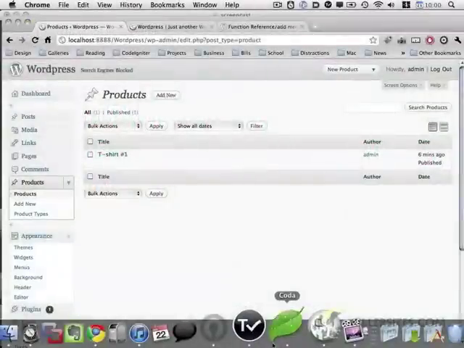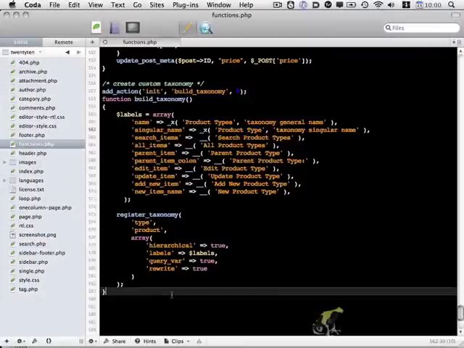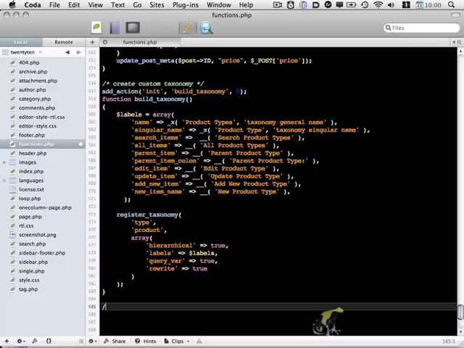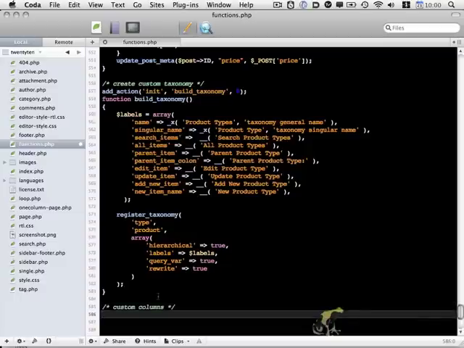So I'm going to go back to my functions.php file, and we have a couple more tweaks to do. Just to keep things tidy, I'll add another comment. And we're going to do, again, this time instead of add action, we're going to use add filter. And we want to go ahead and change the product columns, and we do that by